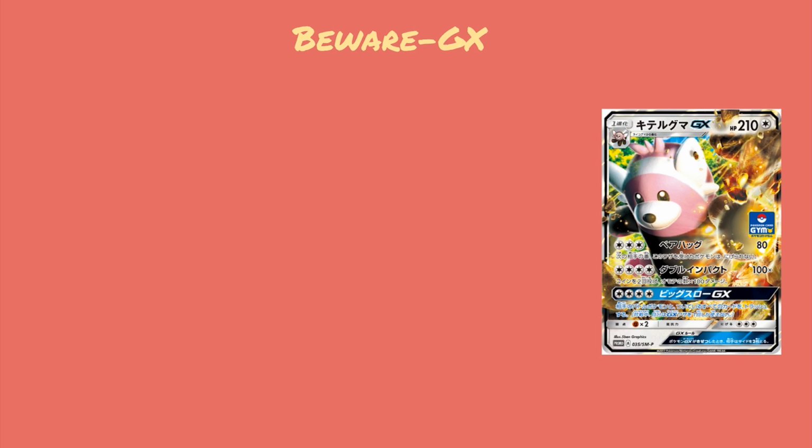So already it's not looking that great, although the fighting weakness is nice, because there's not a whole lot of fighting decks in Standard right now, with the only exception really being Zygarde, which is not seeing a whole lot of play except to counter Darkrai. Now, that retreat cost of 3 is pretty hefty, and without me even putting up the translations, you guys can already tell